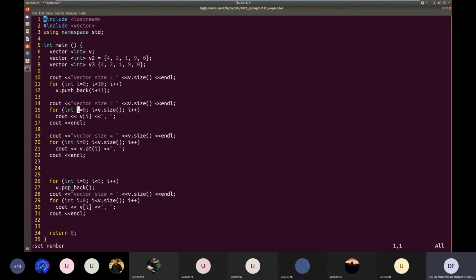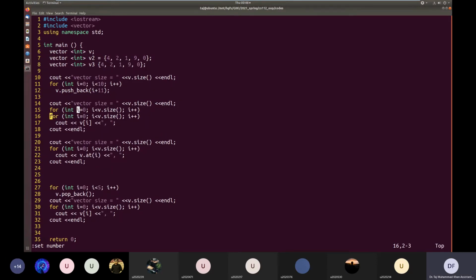So let's see how we can do the same thing, but this time with iterators. So we have pushed back, and now I have a vector containing these elements, and I want to traverse this vector using an iterator. So what I will do is, instead of declaring an integer I, let me copy this just for comparison.